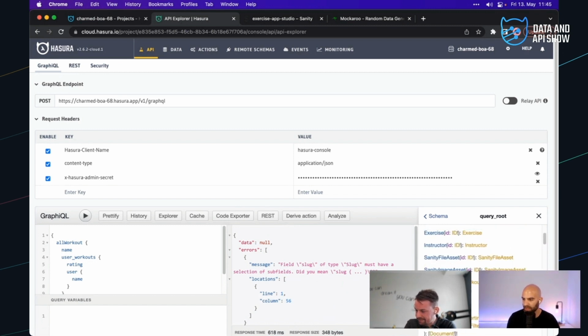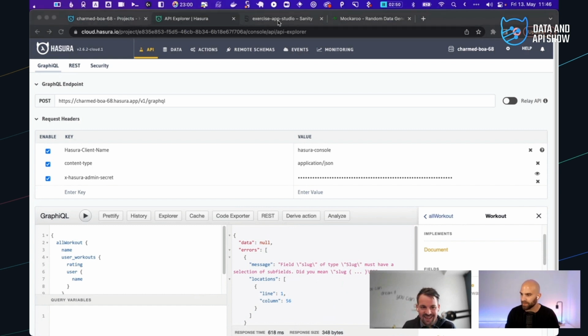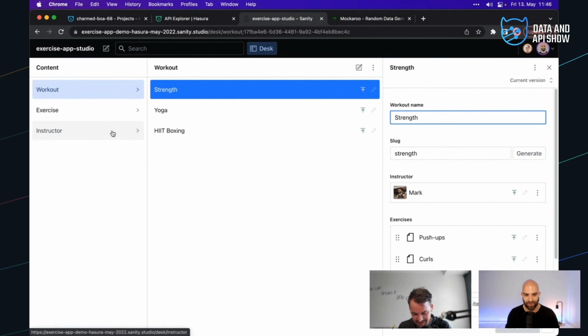So if I go to the all workout, this is where GraphQL is going to yell at us just a little bit if we don't do things the way that it wants. So if we go to the all workout, and we get the workout type there, the ID is of type ID, and I don't have that available underneath generated types for Postgres. All right, so I can't mismatch these types here. Yeah. Let's do a quick refactor and just make the slug field a good old text field. Let's do it. Yeah, just to please the demo. Prove that it works. Yeah.